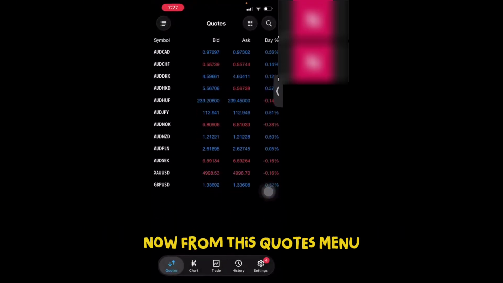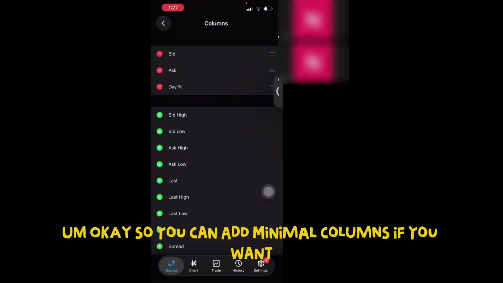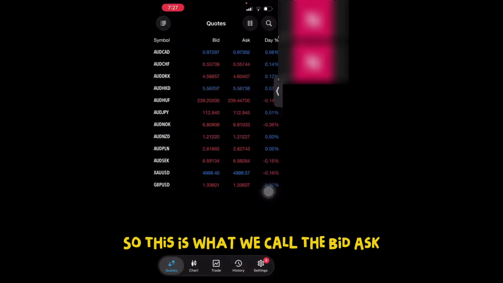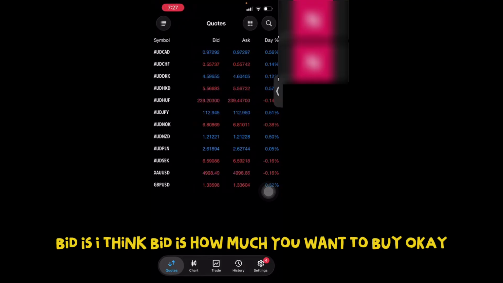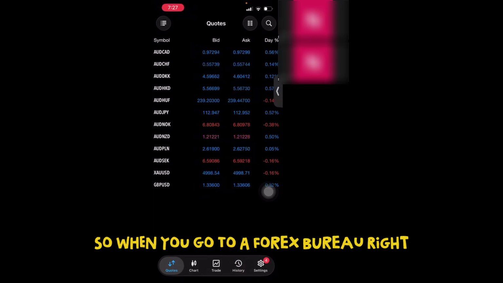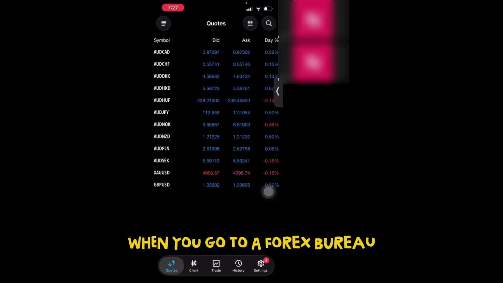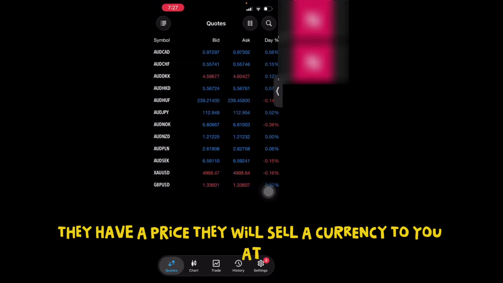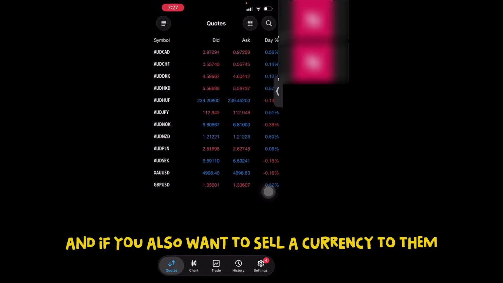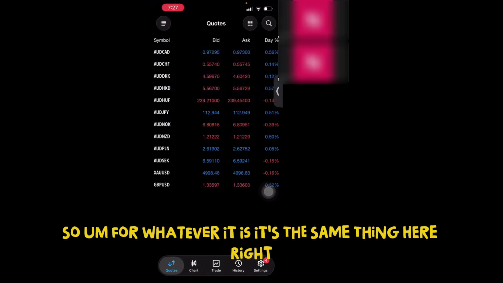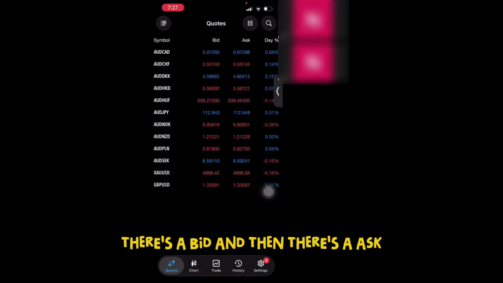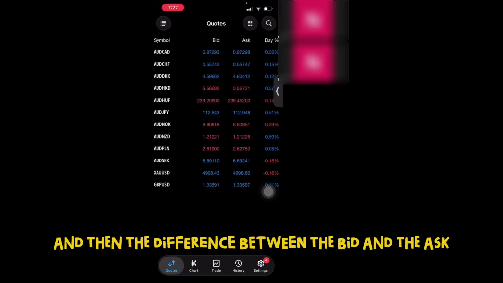Now from this quotes menu, you can add many more columns if you want. This is what we call the bid and ask. Let me explain what the bid and ask is. I think bid is how much you want to buy. When you go to a Forex bureau, this is what happens. They have a price they will sell a currency to you at, and if you also want to sell a currency to them, there's a price that they will buy at. It's the same thing here. There's a bid and then there's an ask, and the difference between the bid and the ask is the